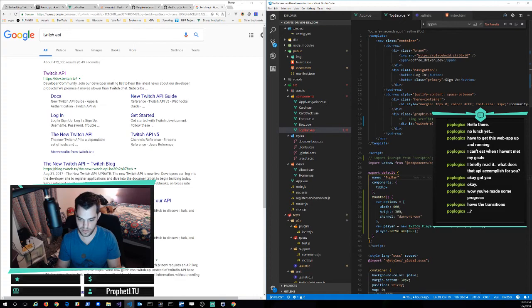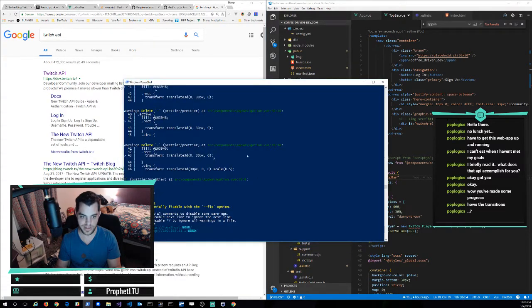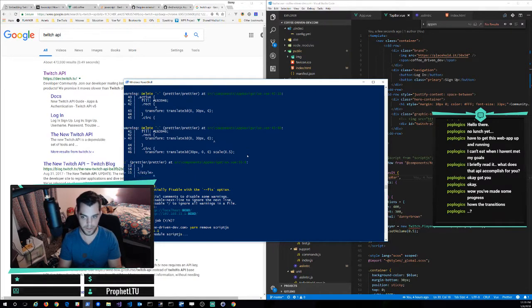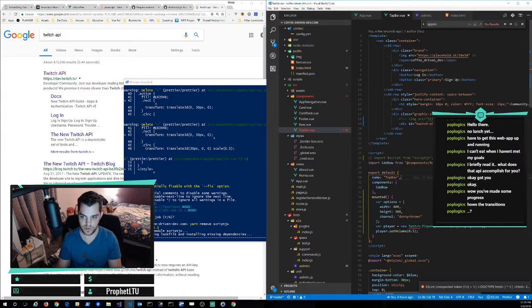So we'll probably yarn remove that dependency. I guess I'm okay with, at least for now, having that there. So yarn remove script.js. And so I don't know if you noticed, but the issue was that we were trying to kind of